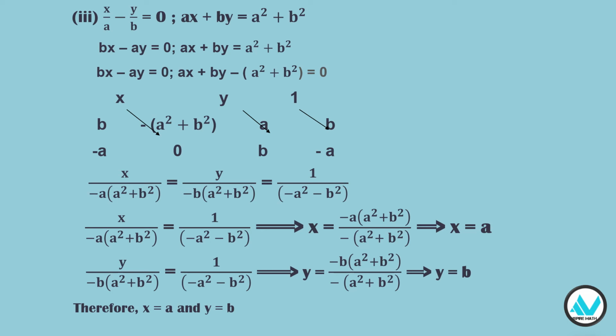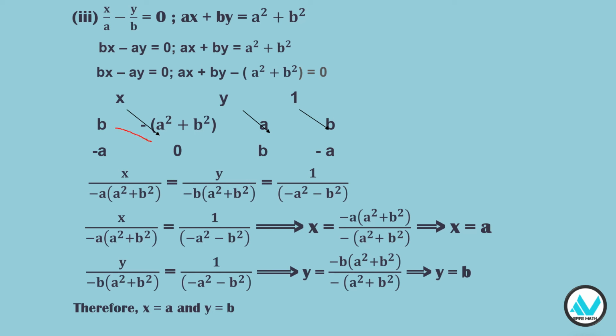And for the second equation, I'm taking the a square plus b square inside. So I'll be getting ax plus by minus of a square plus b square equal to 0. My first equation will look like bx minus ay equal to 0. I have already told you, for sums of this type, it is always better to go for the cross multiplication method. So here let me write the y coefficients first, then the constant, then the x coefficients, and finally the y coefficients. So here we are writing x by, and I'm going to cross multiply.